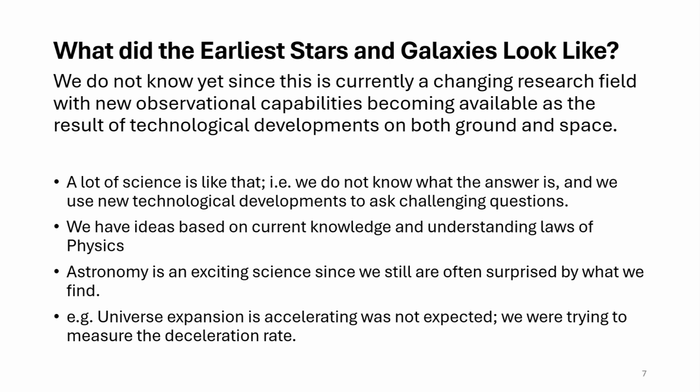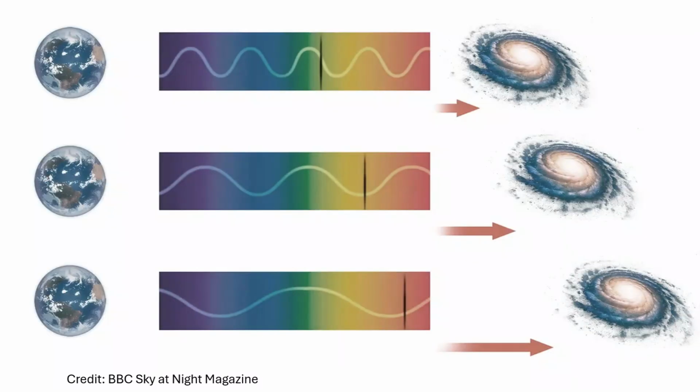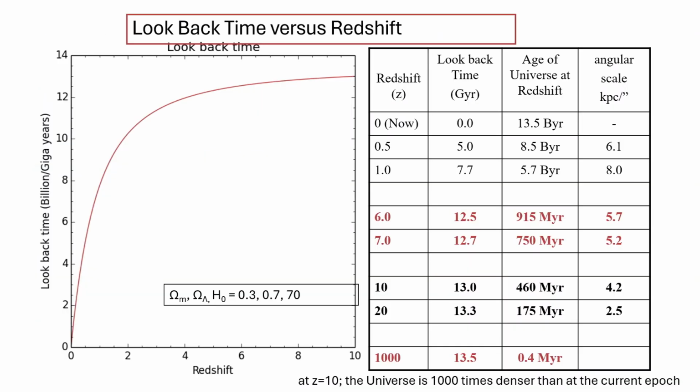So then I've probably skip over this, because I've sort of covered it, but just to remind you, light travel time, it's 8 light minutes to the sun. And so most of the time I'm talking, and so M31 is 1 million light years away. We're talking, the objects I'm going to talk about, they're billions of years back in the past, and they're very faint. So that's redshift.